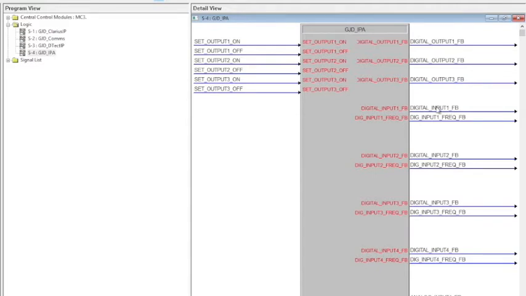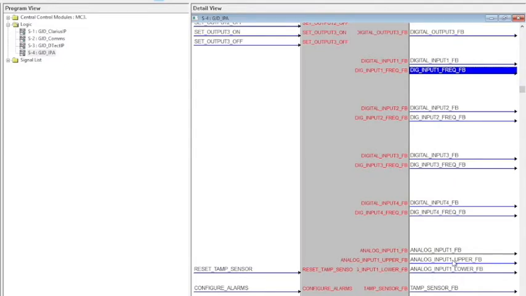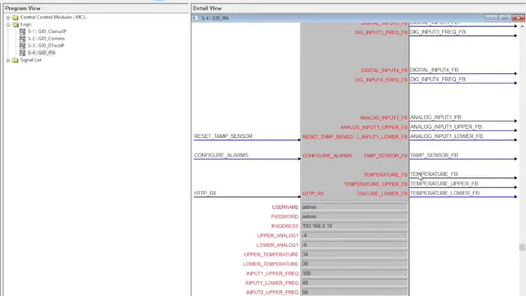For the digital inputs, we have feedback as to whether they are detecting a high or low signal, and also if there is a frequency alarm being detected, and this is replicated for the 4 inputs. Likewise, for the analog input, there are alerts for upper and lower limits being exceeded, and also a string output indicating what the current value of the analog input is. For the temperature, we have a string output of the current temperature together with digitals that indicate whether the upper or lower